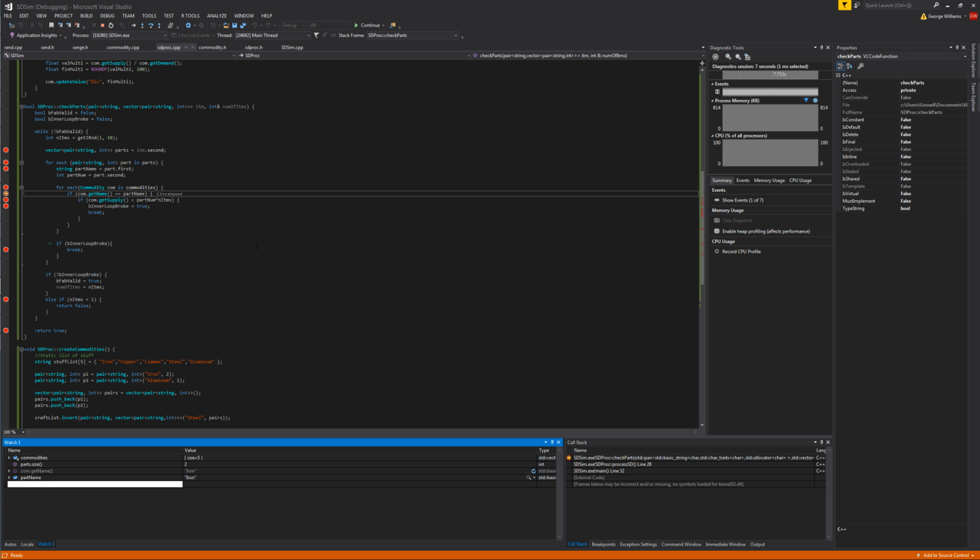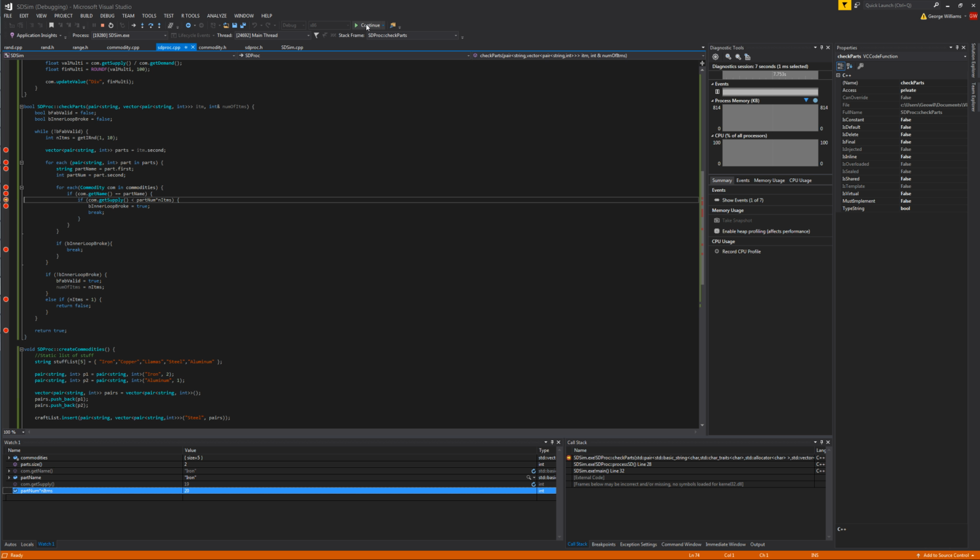Then we want to see what the supply is. com.getSupply is 19, and the parts num times n items is 20. Okay, so we don't have enough. So it should come down here and hit, make this be broken. Okay, yes, and then we break out of that loop. Then we hit that break, and then